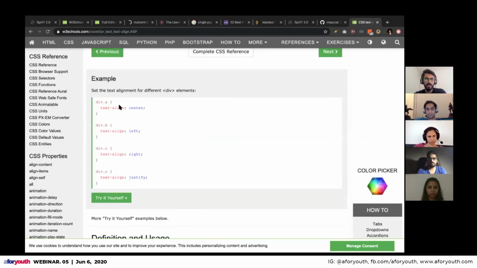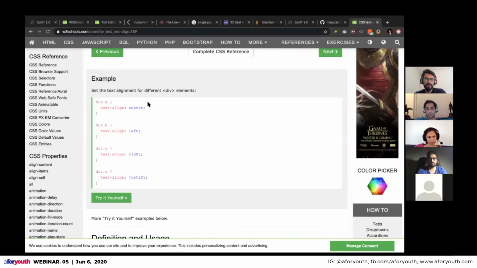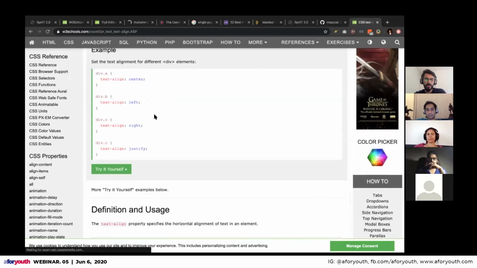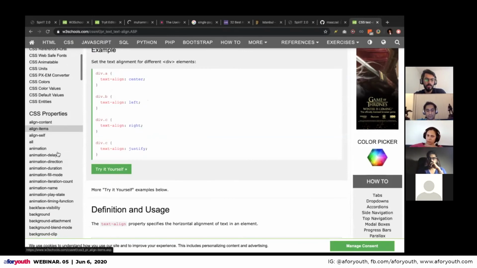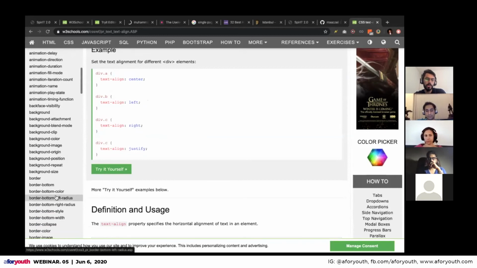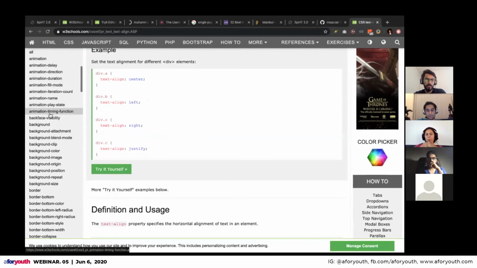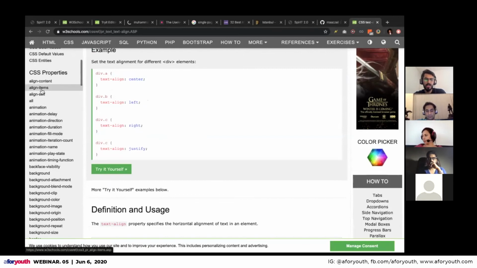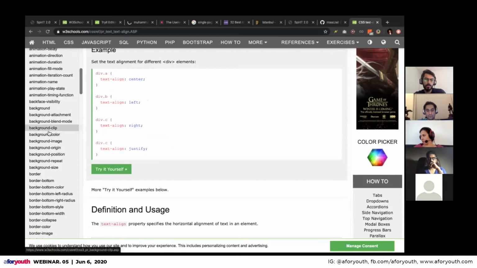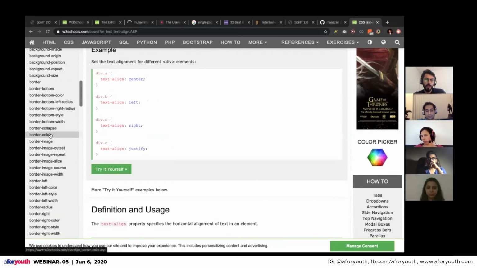It will tell you that you can use text-align center, left, right, justify. Whatever you ask Google, it will show up on w3schools.com. There are a lot of properties. We are not going to touch base on all of them, just a few of them, like text-align, background color, color, borders.